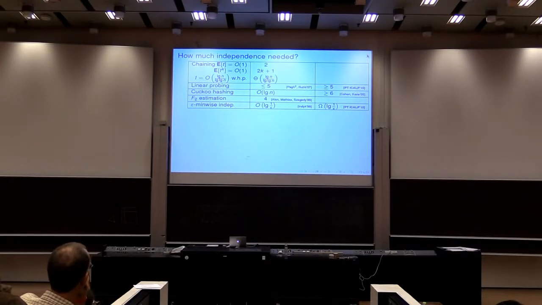So then there's this cool hashing. We know it works with logarithmic independence, and we know that you need at least 6-independence for chaining, 5-independence for linear probing, 4-independence for F2 estimation, and for min-wise independence that we're going to talk about, the basic point is that to get this bias of epsilon, you need